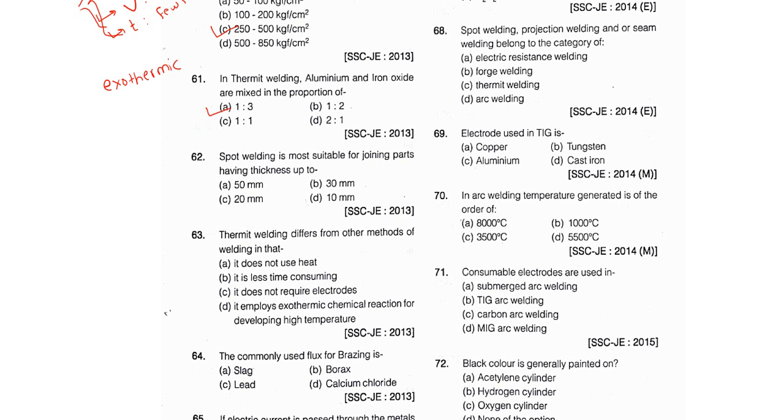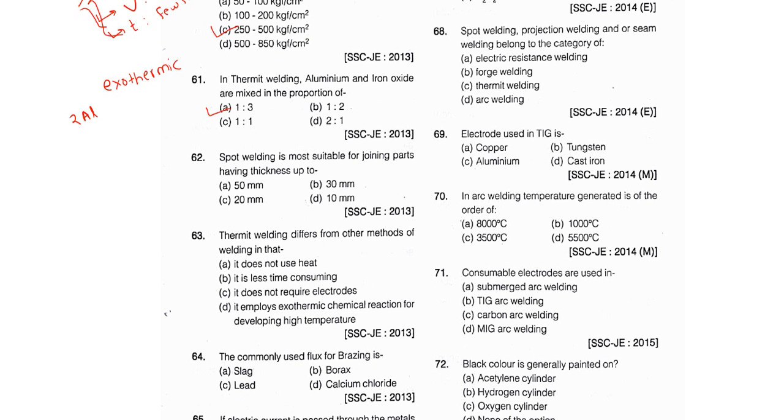Okay, and why is it named thermit? Because it refers to a mechanical mixture of about 1 part finely divided aluminium and 3 parts of what? Iron oxide. Okay, so how does the process take place? The process is: 2 parts of aluminium plus Fe2O3, and it will give what? It will give 2Fe plus Al2O3 plus heat. Okay, so this is the reaction in case of thermit welding.